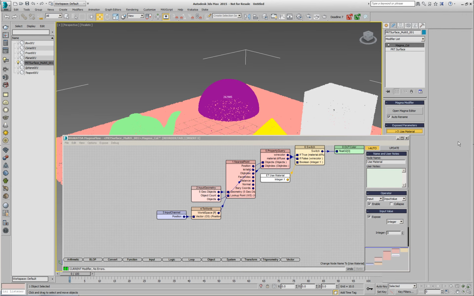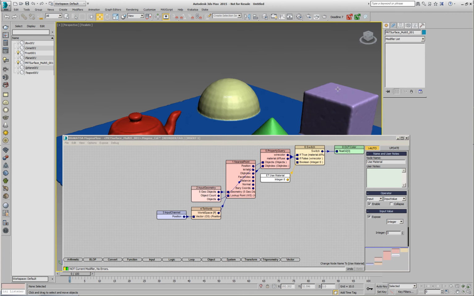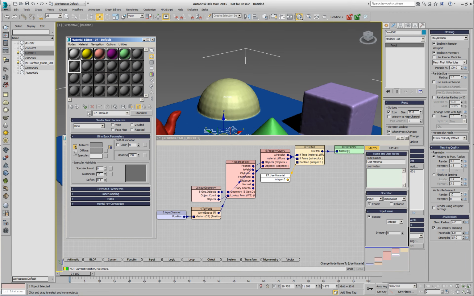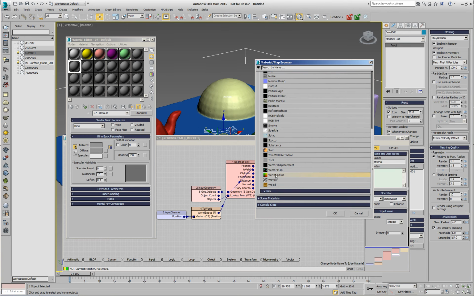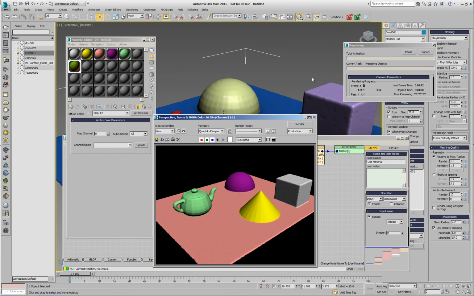Now if we wanted to render the Frost that we generated in the scanline renderer, for example, I'm going to unhide this. I'll select Frost, and I would have to obviously add a vertex color map to it, otherwise it would render in its own color. We can change the spacing and the renderer to use the same value as the viewport, so we don't waste too much time. In the diffuse here, we add a vertex color map set to channel 0, and we have assigned this already to the Frost. So if we go and render in the scanline renderer,